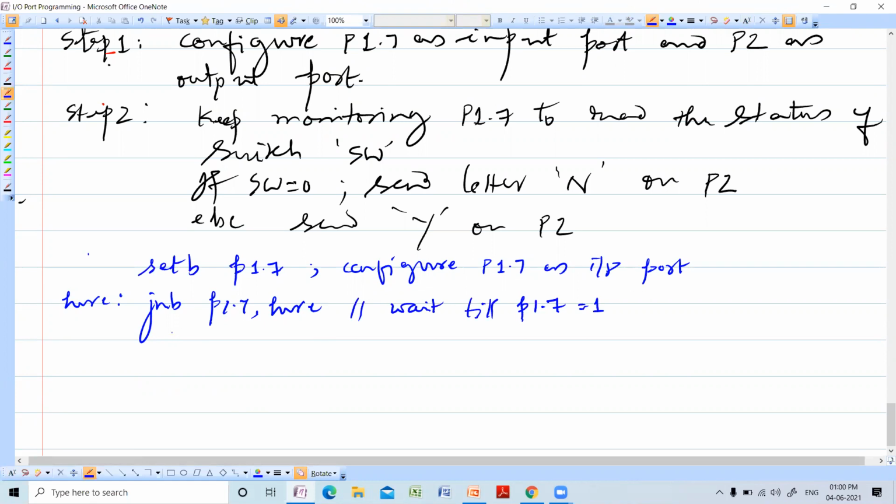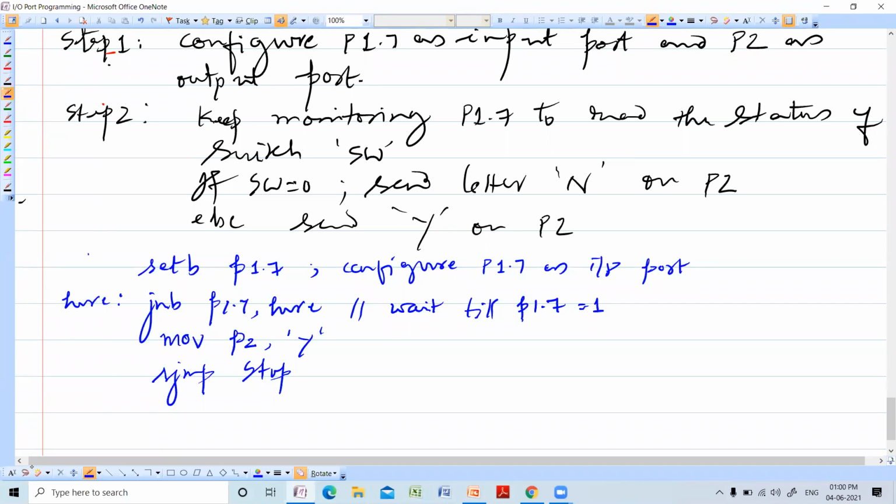So if P1.7 is equal to 1, what you have to do? MOV P2, comma, character Y. SJMP stop. SJMP stop.